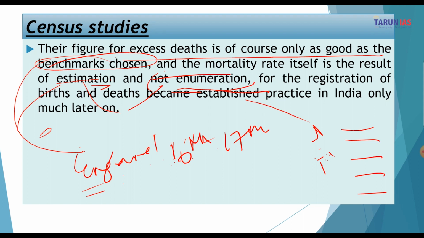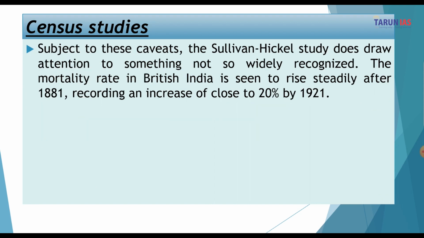The registration of births and deaths became established practice in India only much later on. So gradually, this exercise of counting the numbers via the census developed in India, with the first census being conducted in the year 1871 during the British colonial rule. If we subject the Sullivan-Hickel study to these caveats, then what is the conclusion